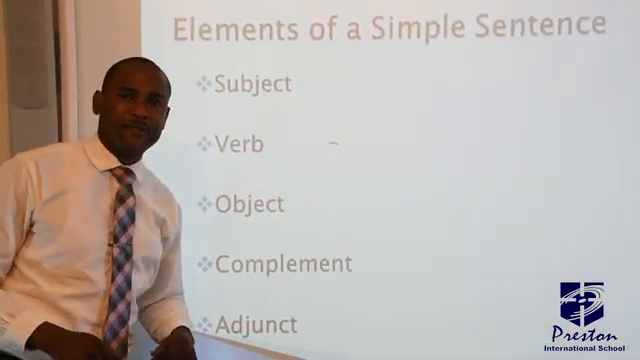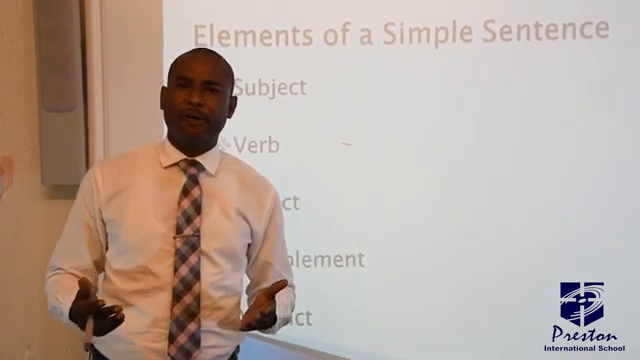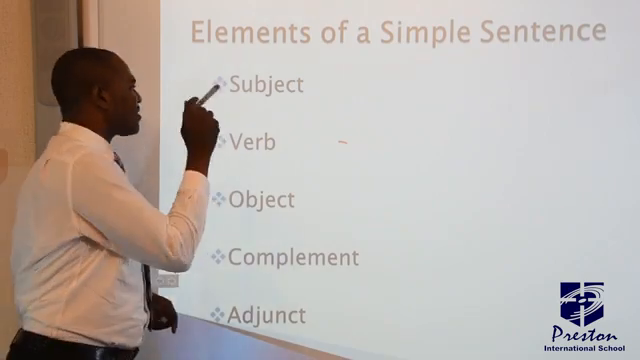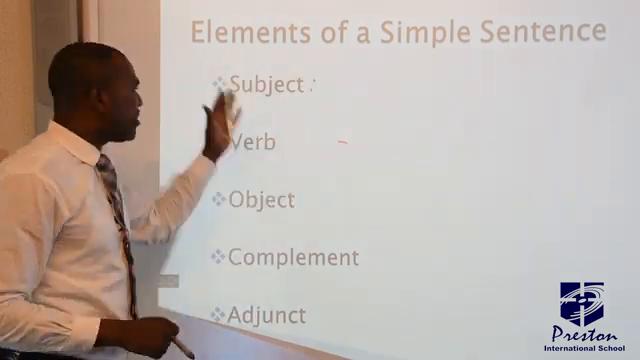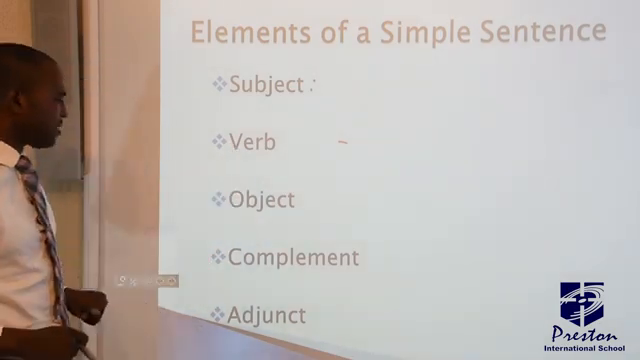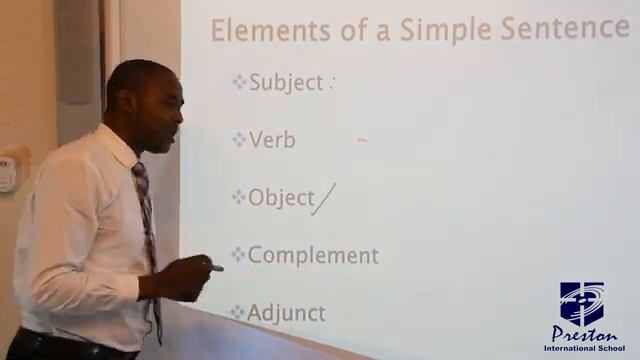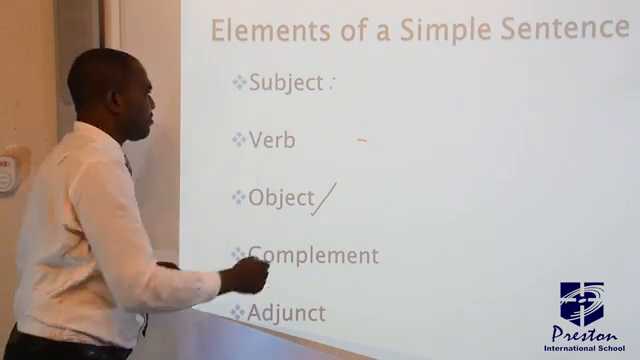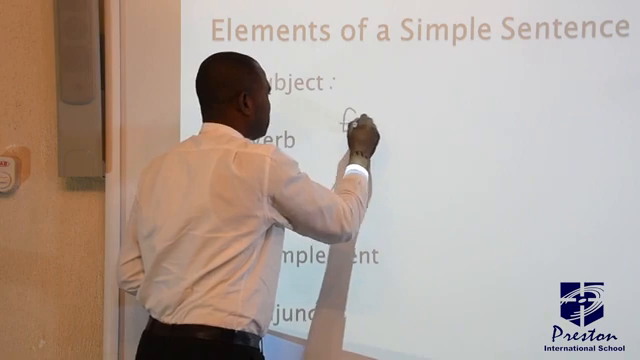Elements of a simple sentence. This is very important as it guides the structure of your sentences. As I have said, your sentence must begin with the subject. Subject, then followed by the verb. You have the object or complement. Adjunct is not compulsory. So once you have the subject, the verb, and the object. For instance,